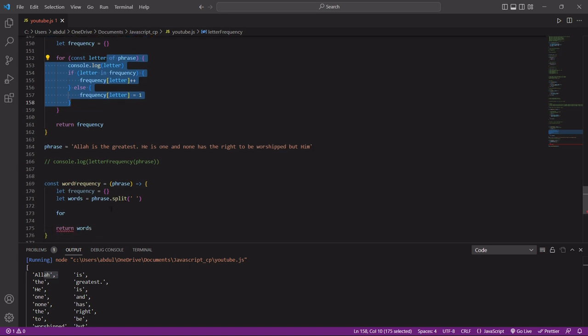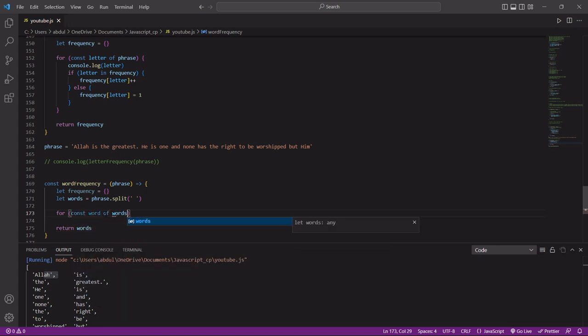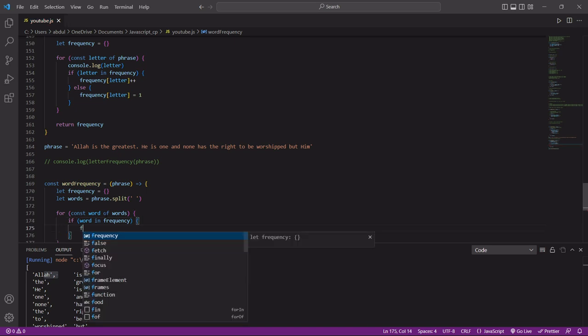Okay, so it's going to be for const word of words, and then I'm going to say, okay, so I want to print out every letter just like we did before. No, forget it. Let's just do conditional. You should check if word already exists in our frequency object. If yes, it should increment